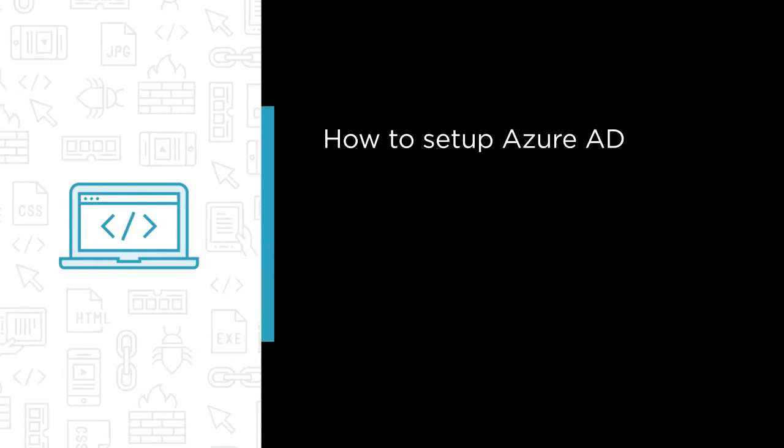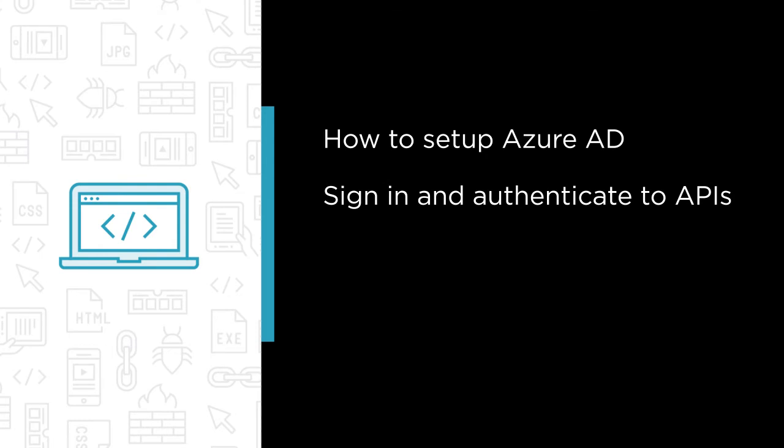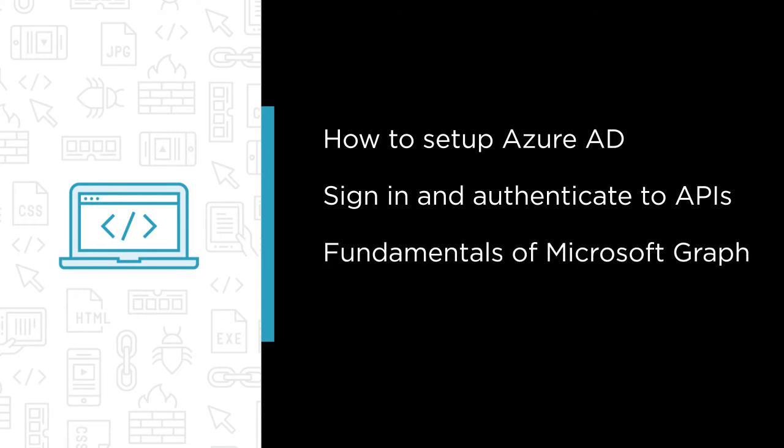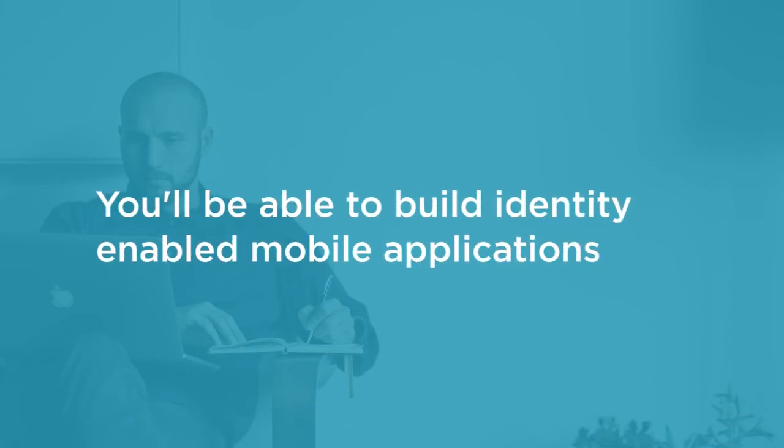In this course, we are going to learn how to set up Azure Active Directory to support mobile apps and all the constituent parts that support it. Sign in and authenticate to custom web APIs that you or your developers may have built to retrieve protected data. Grasp the fundamentals of Microsoft Graph and learn how to get your mobile app to query and use this powerful framework, and how to create native logins so you can create pixel-perfect sign-in screens. By the end of this course, you'll have the skills and knowledge to build identity-enabled mobile applications with Azure Active